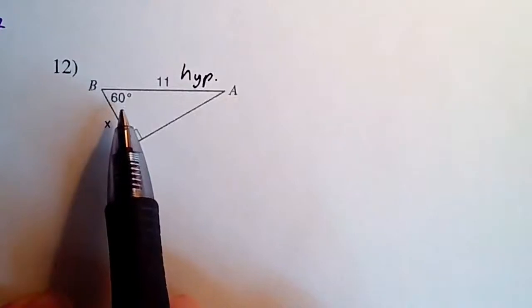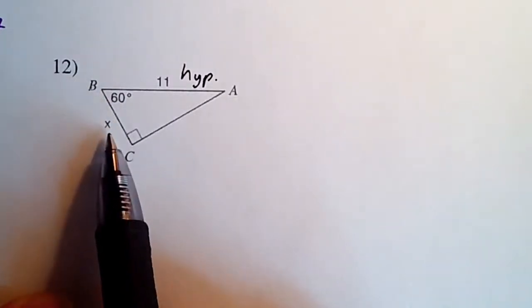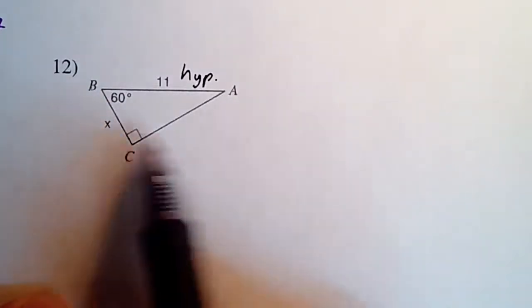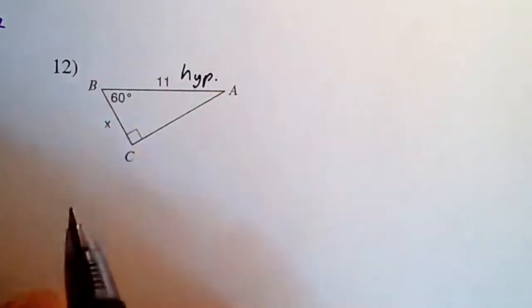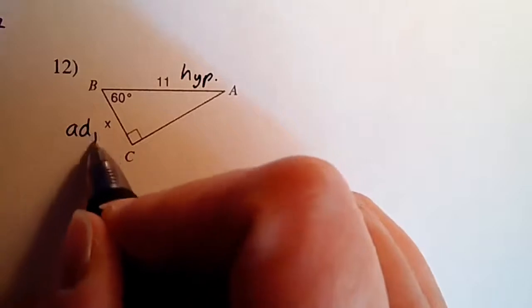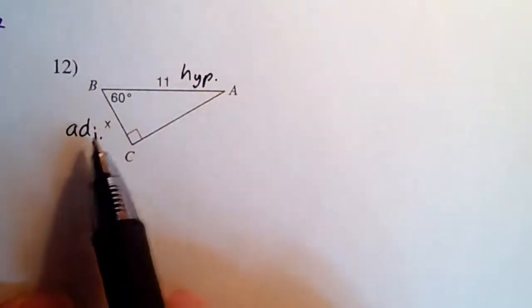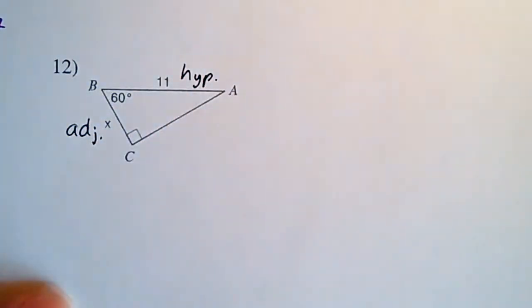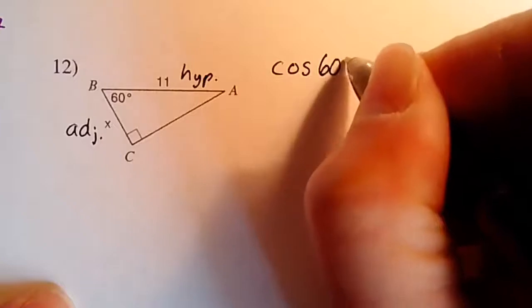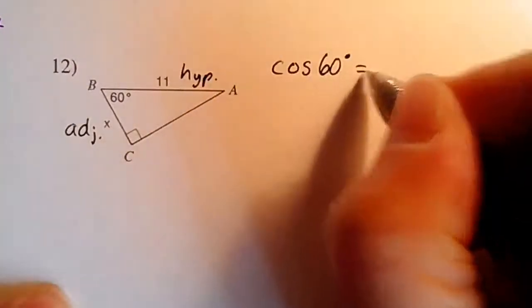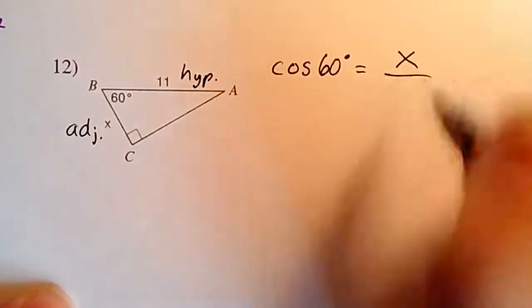And if 60 is my angle of reference, that means that this side is going to be adjacent, because the side AC would be opposite from the 60 degrees. So this side is adjacent. So what uses adjacent and hypotenuse? Well, once again, that's going to be the cosine. So I can write this out as the cosine of 60 degrees is equal to the adjacent side, x, over